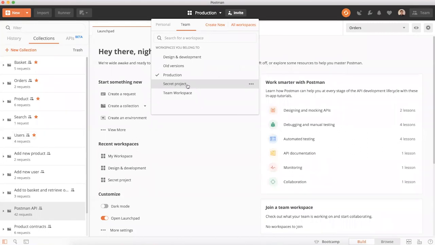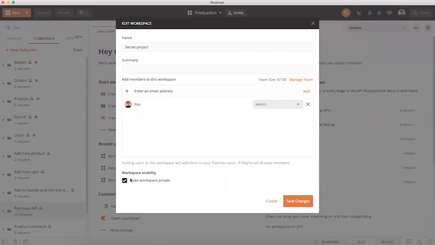And this particular workspace, secret project, is only showing up for me because it's something that I created and I was invited to. For the rest of my Postman team, this isn't a workspace which will be showing up in the workspace list. And the way this is managed, whenever you create a workspace in the first place, or if you have an existing workspace that you'd like to make private, within the settings, which you can get to through the 3 dots again, and then edit workspace, you'll see that there's a checkbox down here which says make workspace private. And so this is where I can start to select exactly who I would like to have access to